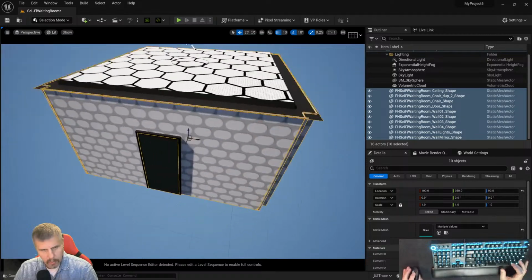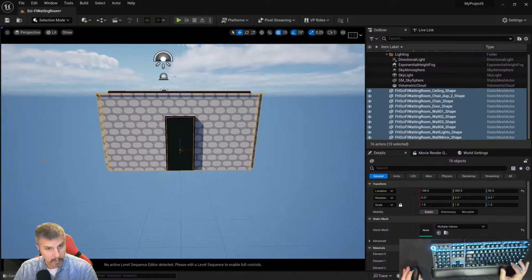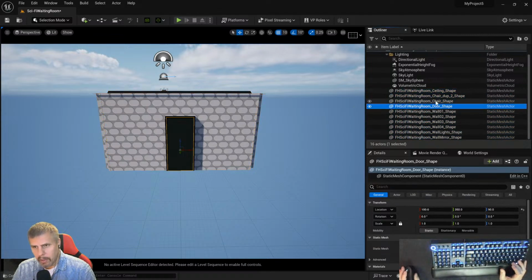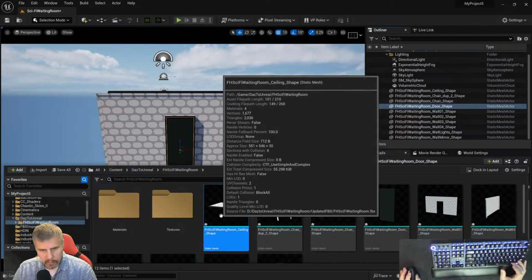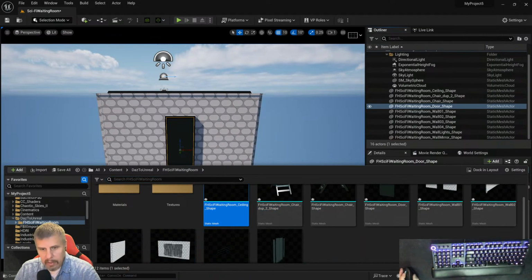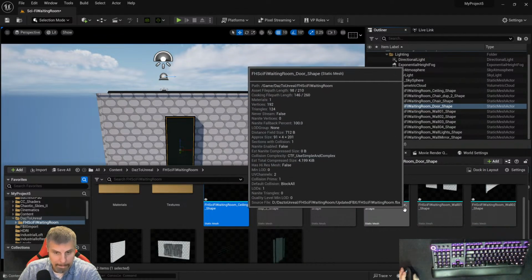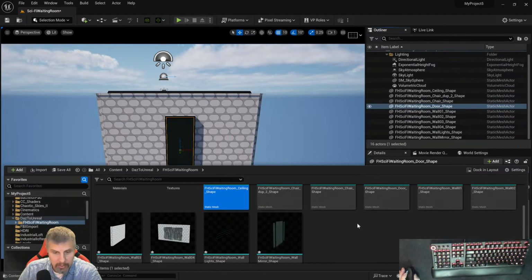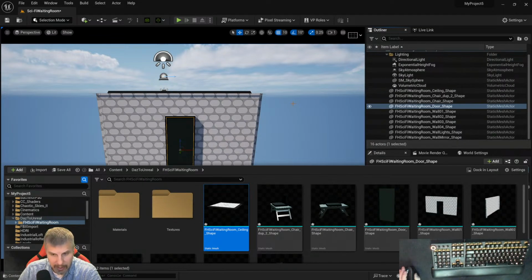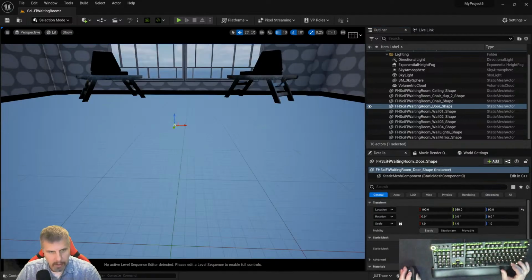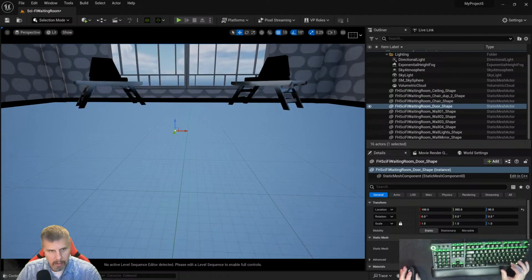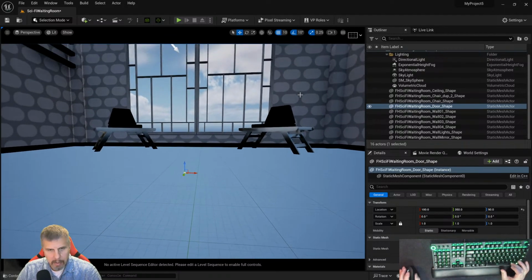Okay, we need a floor. We have a door. Amazing. The chair, we got the wall. Okay, the only thing we don't have is the floor. Okay, there's the floor. That's the ceiling. Okay. All right, so this is interesting. Okay, it would seem, and when we go in here, okay, so